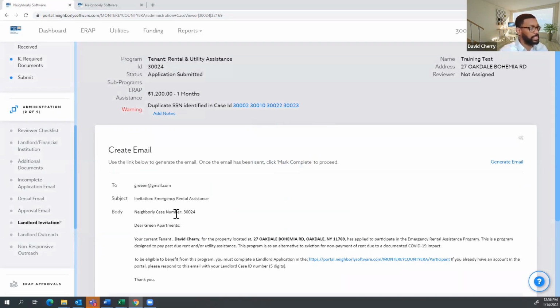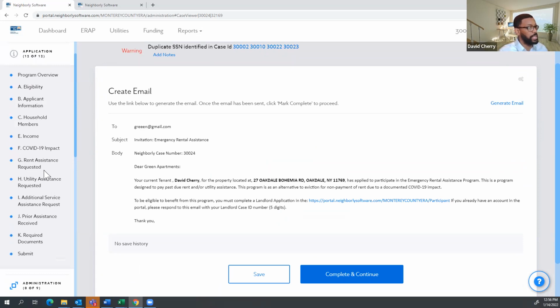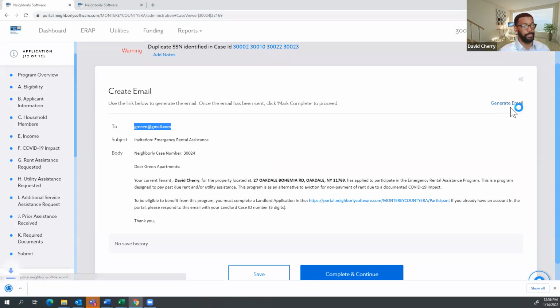In your landlord invitation email, you see that there is a link between the step where the tenant writes in that landlord's information, green@gmail.com, and you will be able to send this email out to that landlord. You must click generate the email. Generating that email links it to your Outlook. So you must have Outlook